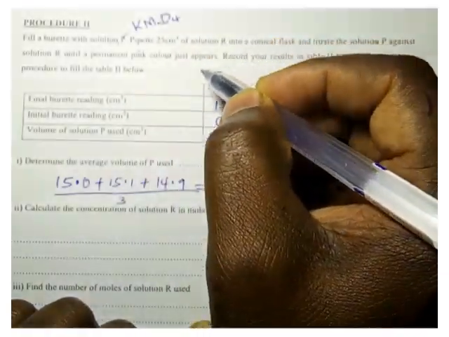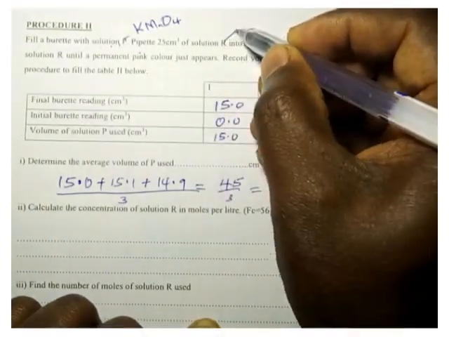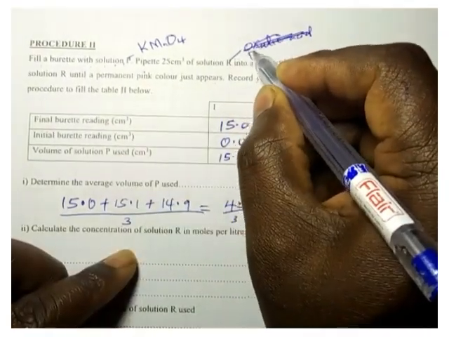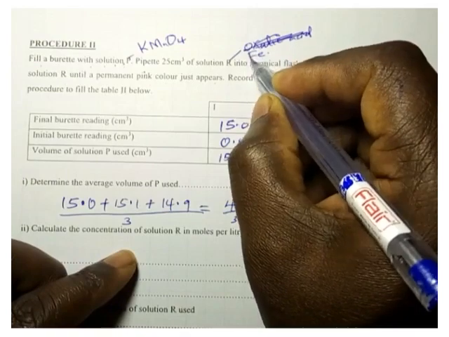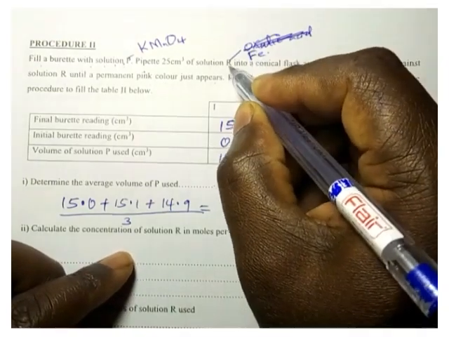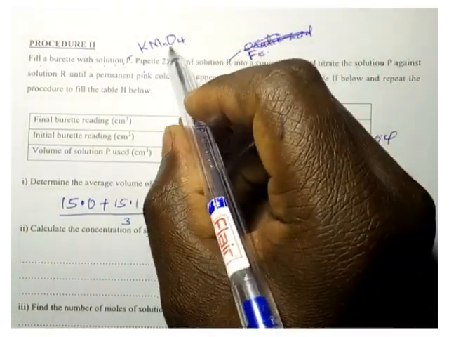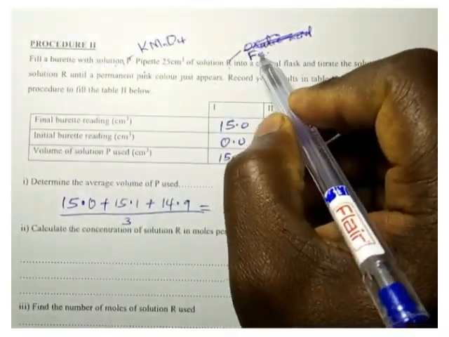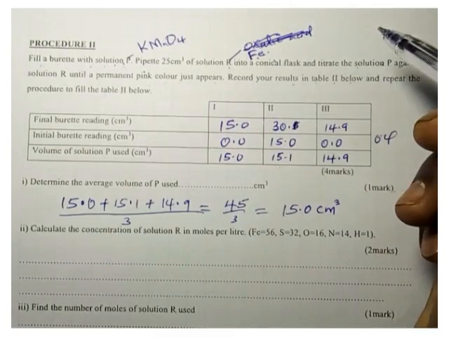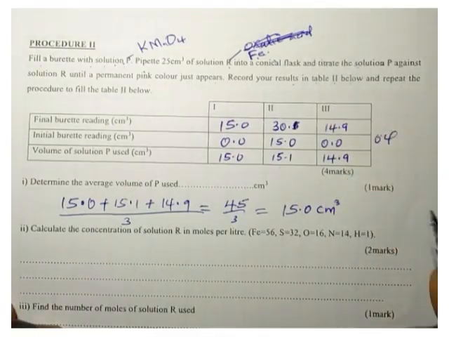That is the most important thing. And solution R is the iron 2 sulfate. So the ions present in solution R is the iron 2 sulfate. So it is important to know that it is potassium permanganate reacting with the ammonium iron 2 sulfate. Therefore,